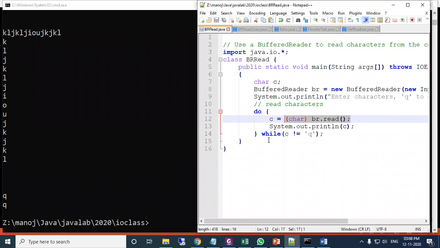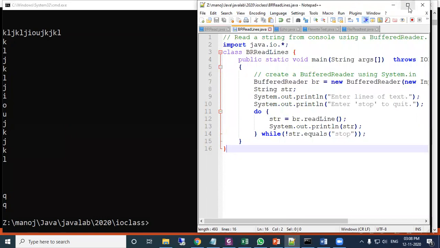When I type q, it exits from the loop. So this is the program for reading characters. Next, we will see another program.